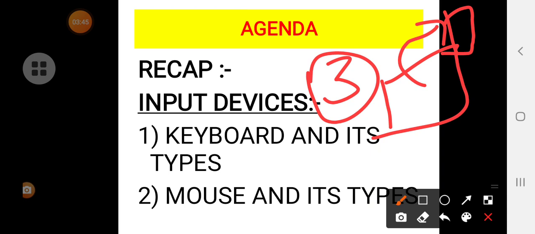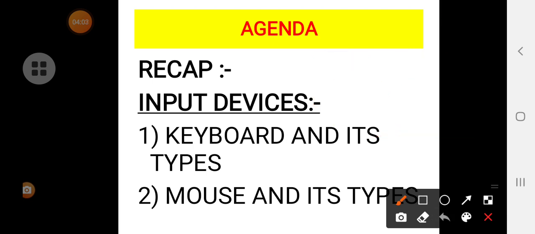It will work through Bluetooth. I gave an example for understanding purposes: your mobile connected to earphones, where there is no wire between those things. So that example I gave for you to understand.